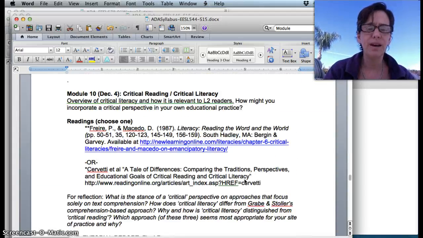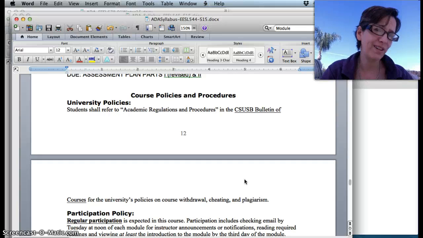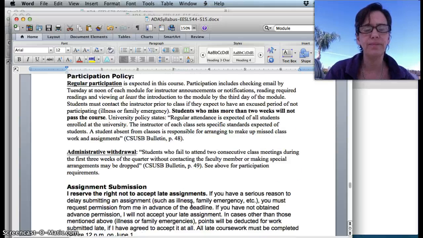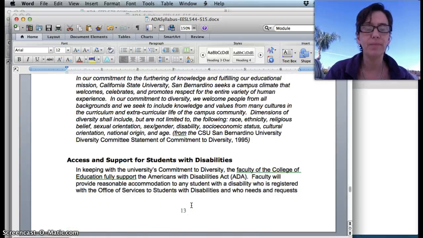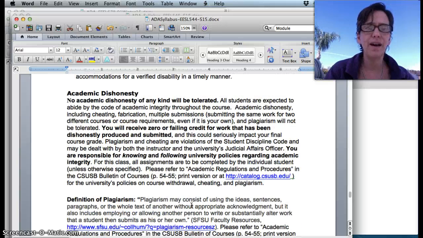Okay, I'm scrolling down past this, and now you have course policies and procedures. These are important too because they really describe my expectations for various policies related to how we're going to work together. And so I hope you guys will look closely at this and get a sense of what my expectations are. At the end of it, right here you have a detailed description of academic integrity,